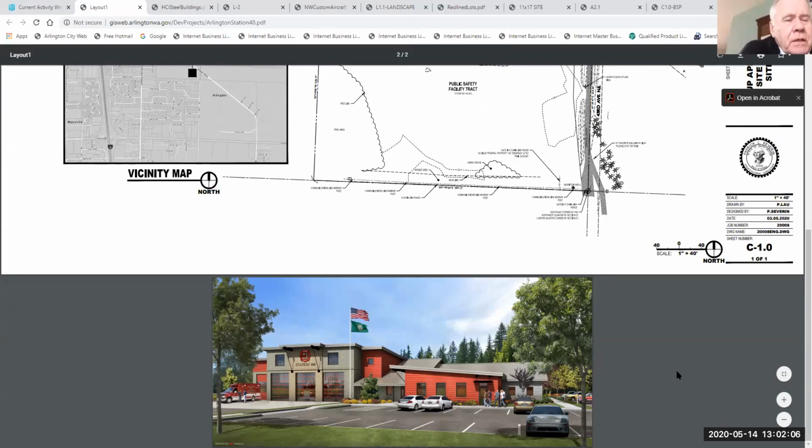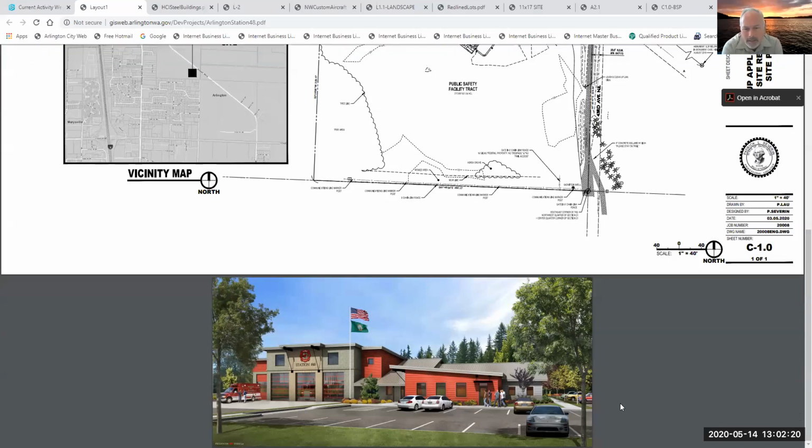Paul, will they abandon downtown when this is complete? No, the downtown fire station will stay. However, this one will replace 2 fire stations. Station 48 that's currently by the Kidney Center on Smoky Point Boulevard, which is in a leased building. This replaces that one, and we'll also be closing down Station 47 that's on 180th on the east side of